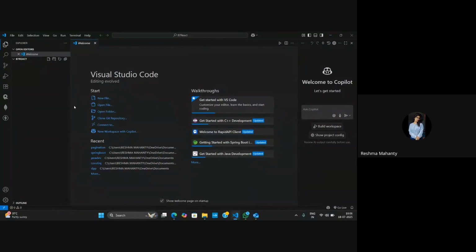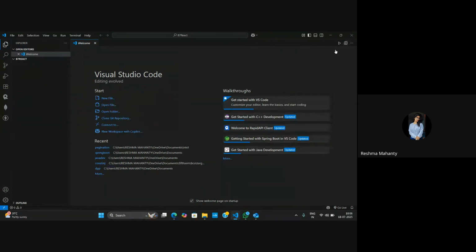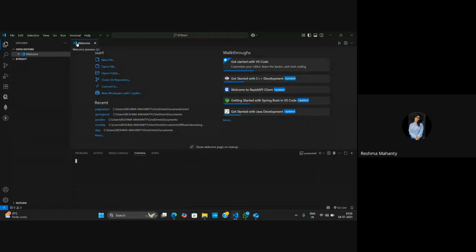Like this part, just create a folder. As of now, I'm over here in the B7 React folder, right? So what you people need to do is just create this entire folder, and then you have to go to the terminal. Clicking on the new terminal, you have to write npm install npm create